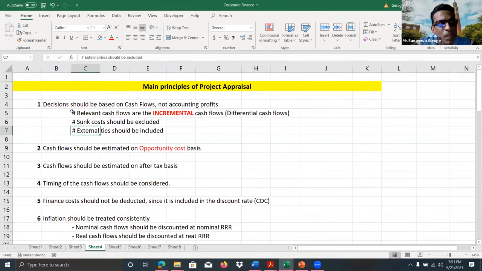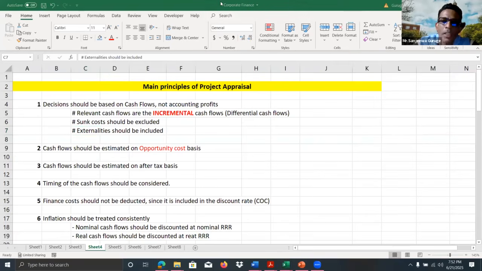Now, for example, when the organization introduces a new product from this new project, due to the introduction of the new product, the demand for the existing products can change. It can increase or it can decrease, right? Which you can relate to some economic concepts. Suppose the new product is a substitute for some of the existing products. There will be positive externalities or negative externalities.